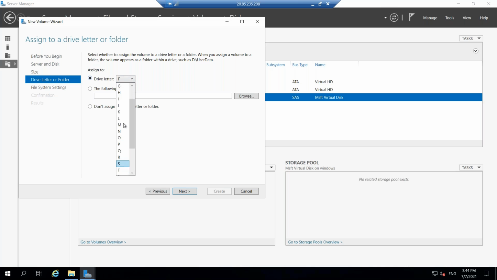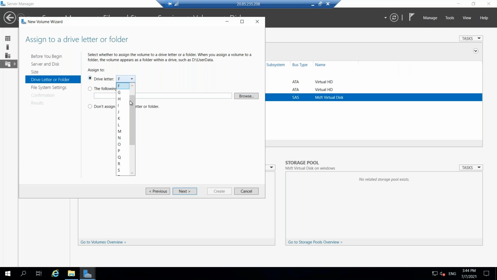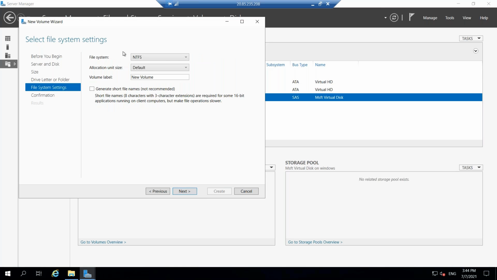Here there are multiple options, C, D, E. In my C drive I have C, D, E, and like that I want to map it to one drive here. So I can map it to some F, G, H or whatever. Now I am creating one drive with the name F. Clicking on next, we are formatting with NTFS.